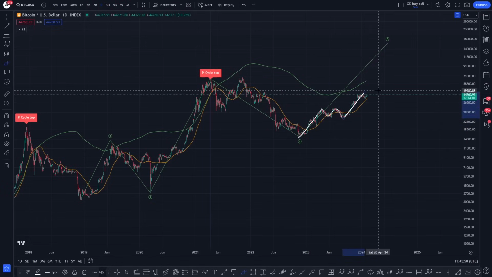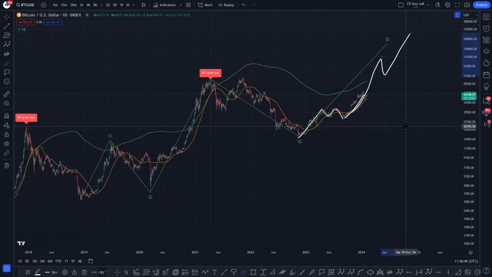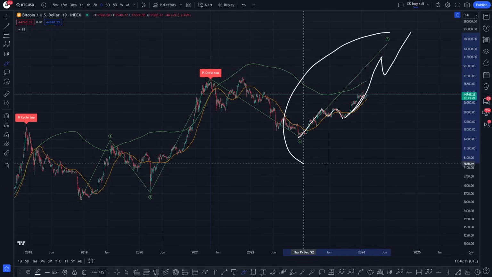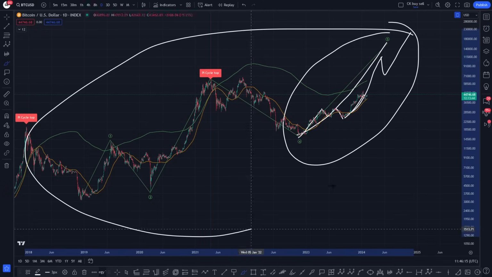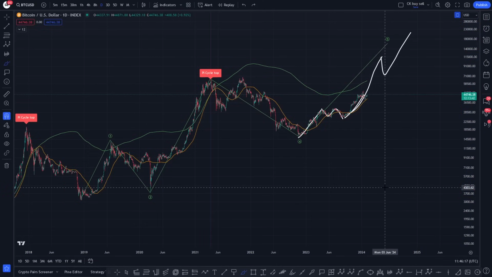So the real difficult thing I'm having is determining when the 3rd wave is over. We have come up, we have met all the targets of a 3rd wave, but typically 3rd waves are really, really powerful, in my opinion, and they have all the power to break resistance points, come up and make highs, and then you have your final 5th wave right there. So that's the scenario that I'm looking at right now, and I still think there's a potential that we are still in the wave 3, and we're in this blow off top phase of a larger cycle here for Bitcoin. And this is something I've been looking at for many years with you, showing you confluence in factors in many other charts in the process.